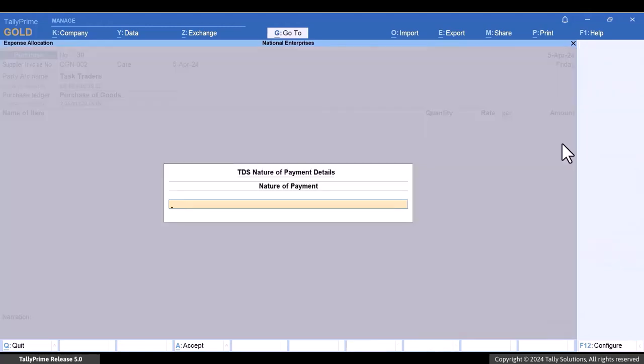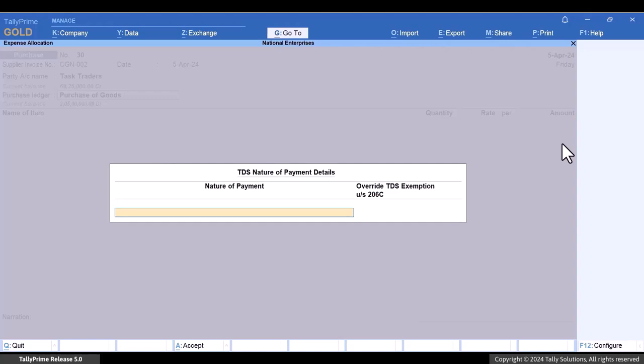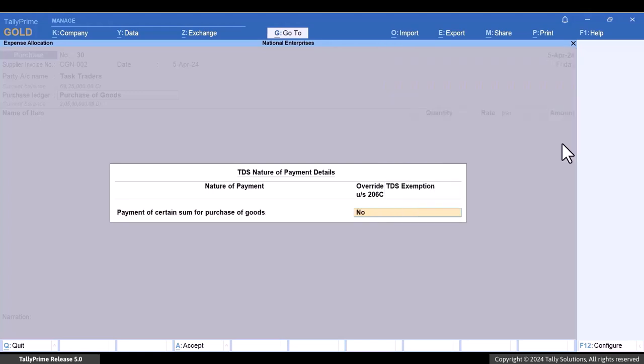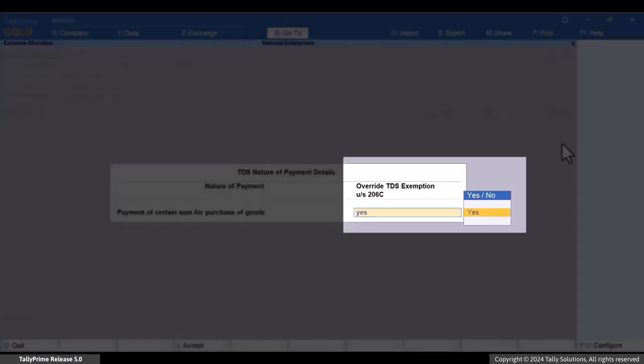On the TDS Nature of Payment Details screen, press F12 and enable the option Allow Overriding TDS Exemption under Section 206C. Select the nature of payment configured for Section 194Q from the list of TDS Nature of Payment. Now, set the option Override TDS Exemption under Section 206C to Yes.